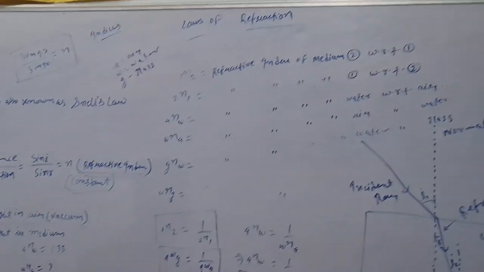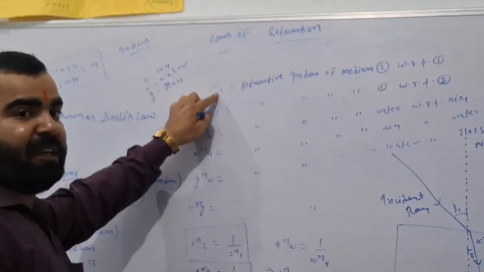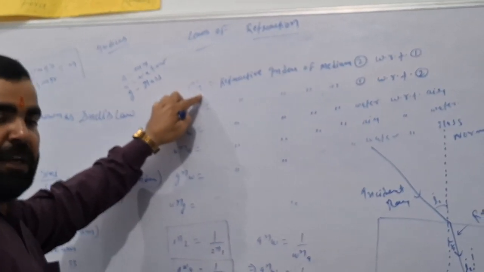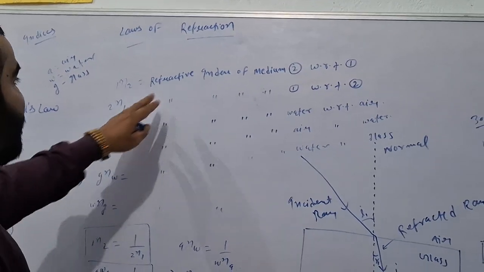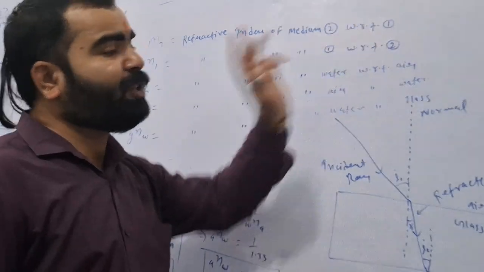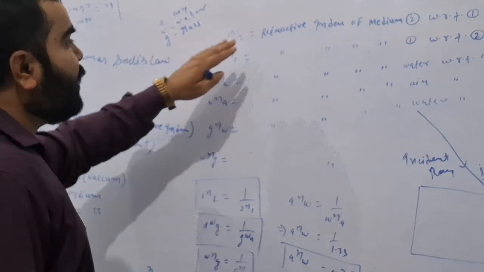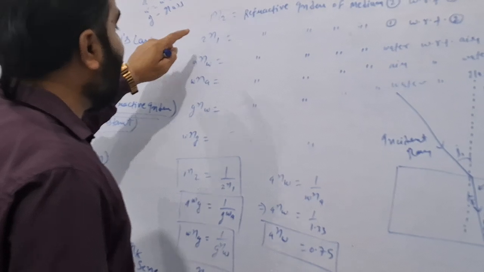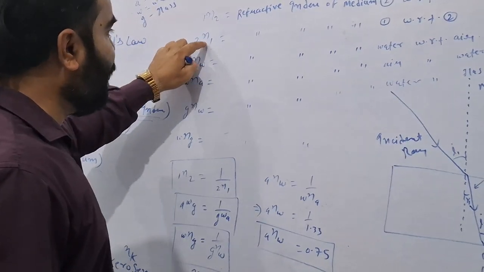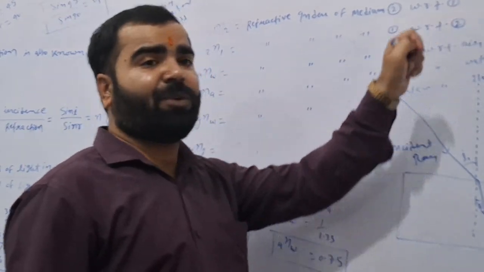Okay, understood. Now there are a few notations you have to know, that is n with subscripts 1 and 2. n is the refractive index. 1, 2 represent the different media. Understood? Media is the plural of medium. Medium is the singular. So refractive index of medium 2 with respect to 1. Whenever it is written like this, you just have to consider that this is the refractive index of medium 2 with respect to 1. And if it is written like this, 2 and 1, refractive index of medium 1 with respect to 2.